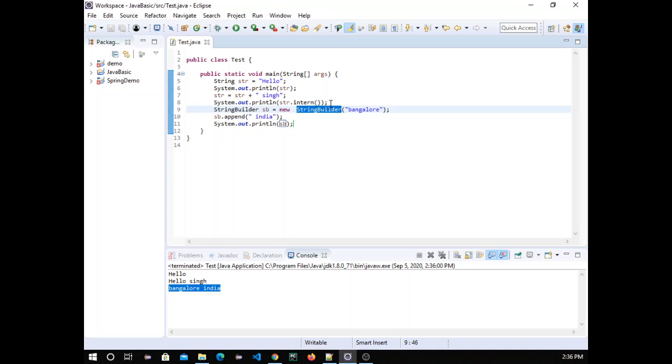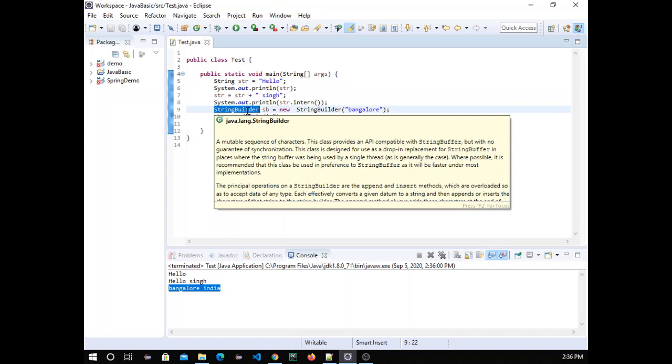If we want to declare a string data type and we think that the variable will be modified many times, then we should go with a string builder, not with a string. But if we need a string type but we won't modify it, in that scenario we can go with a string.